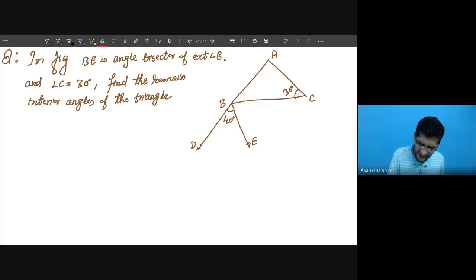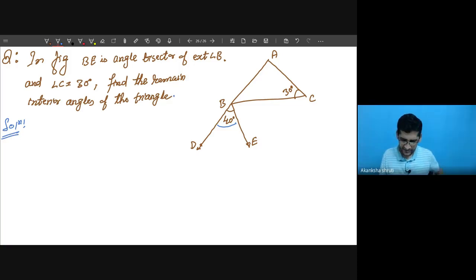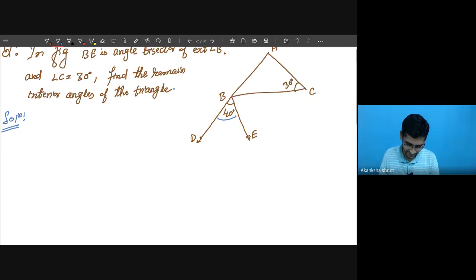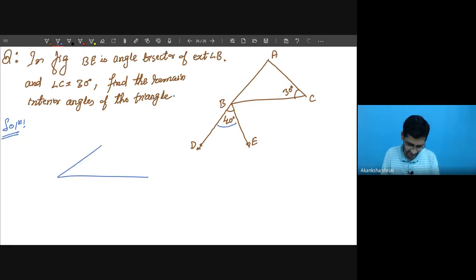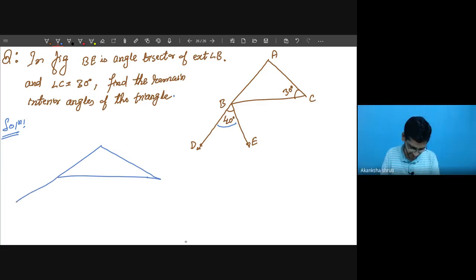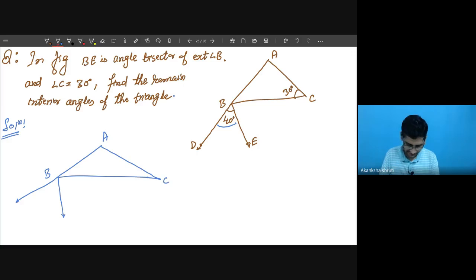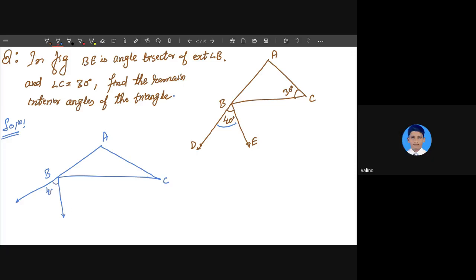Students, again, it is very easy. Student, while this is 40 degree, what does it mean? Sir, angle A is 50 degree. So let me draw this figure once more. Very good. The figure is like this. So it is our Angle B. Angle B is 100 degree. Very good.